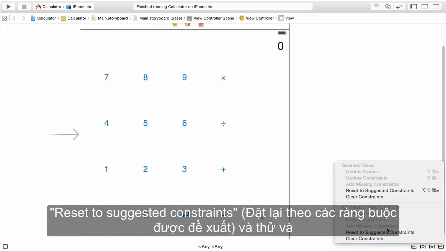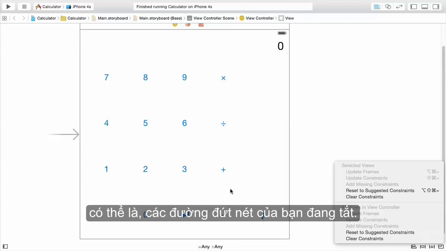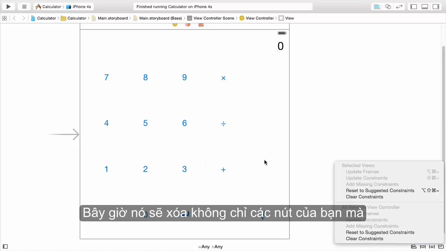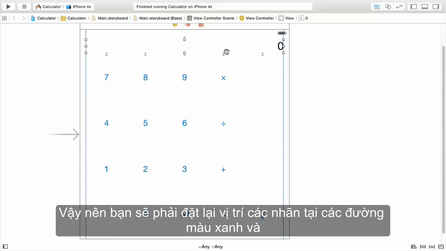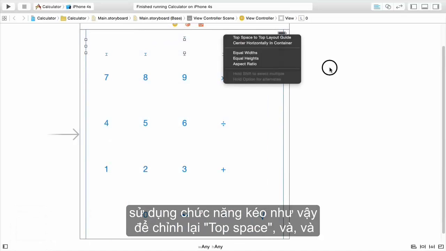Reset to suggested constraints is going to try and make some sense of your dashed lines, but if it's not working, your dashed lines are off anyway. So you can just go here and clear constraints, and I'll clear them all. Now that's going to clear not just your buttons, but also your label. So you'll have to reposition your label with blue lines and then use Control Drag to set your top space